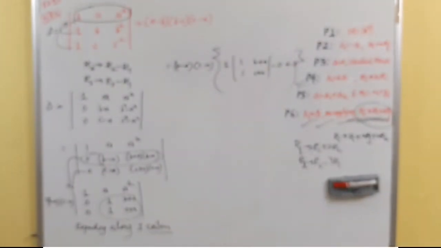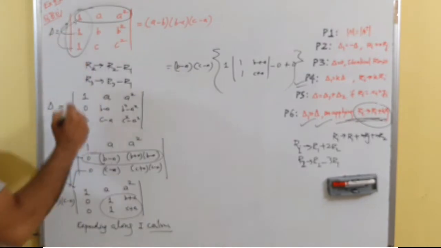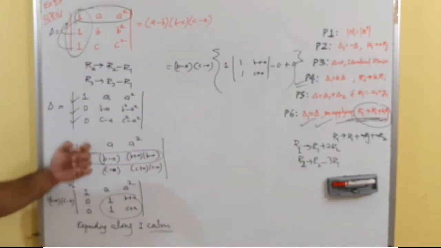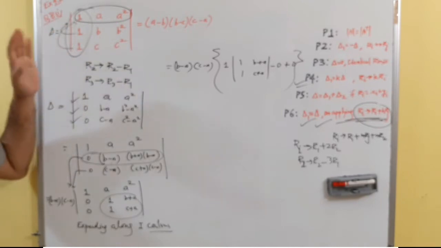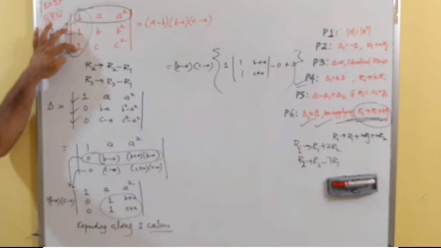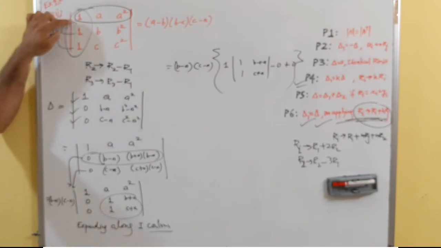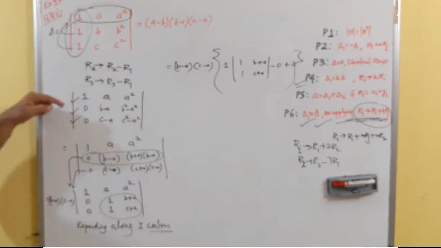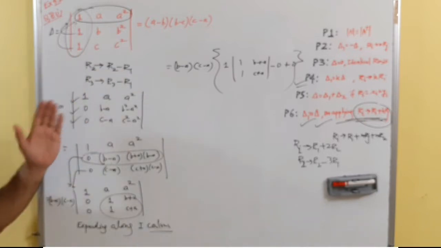What we do is, if we have triple 1, what we make is 1 0 0. We get all identical elements in a particular row or a particular column. We take something common so that all the elements are same. Now with the help of one particular row or one particular column, we make two zeros and then we expand.